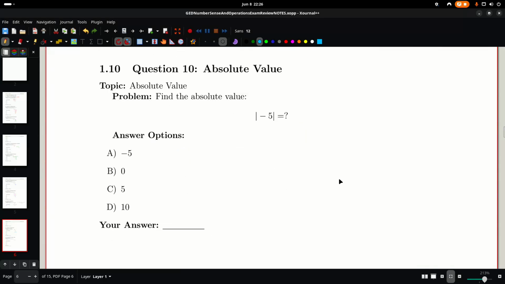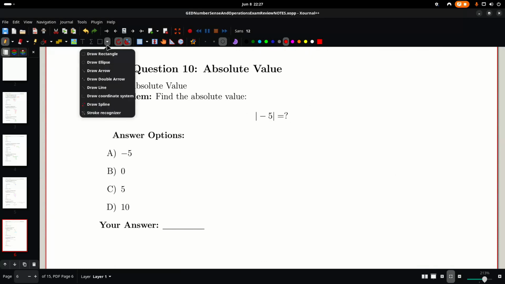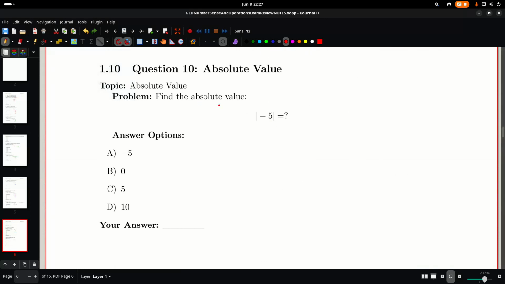Okay, absolute value. So absolute value is the distance between a number and 0 on the number line. So if I have a number line here, I'll just draw one over here. Just give me a straight line here. Okay. So if I draw a number line like this,